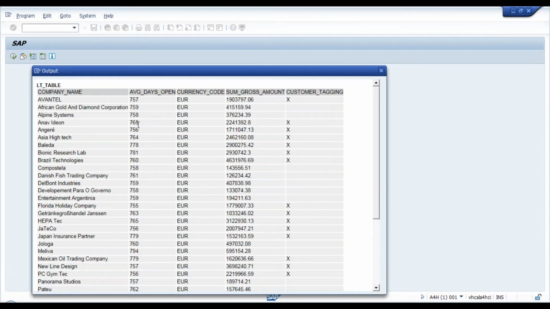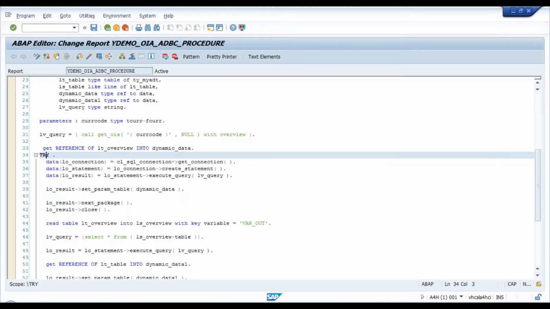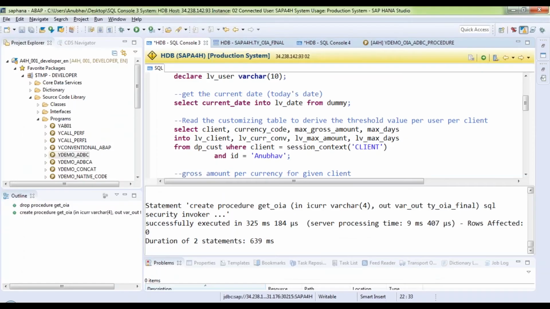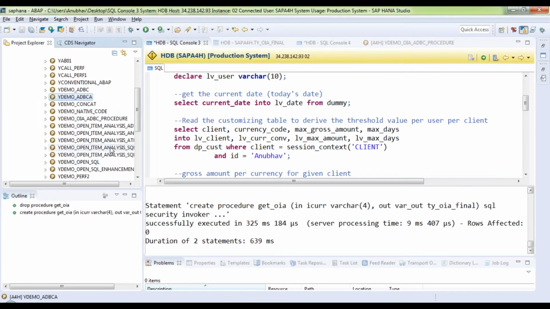Let's look at the runtime of this and compare it with what we were doing with the analytical view. So you remember why we moved to SQL script is because if your information model doesn't give you the desired performance, you can go ahead and code things in SQL script, correct? So let's go ahead and try now the runtime. I want to capture the runtime for this. So we already have written in the past some runtime code. Let me reuse that piece of code to basically calculate the application runtime.